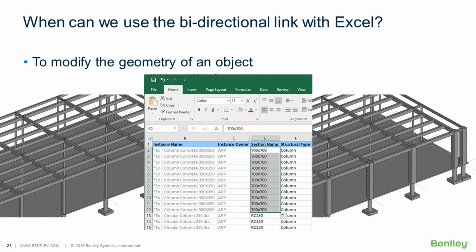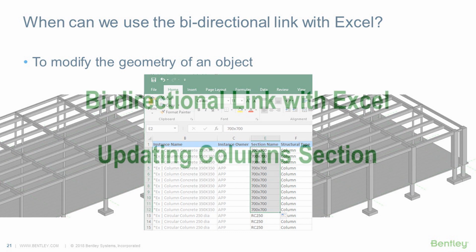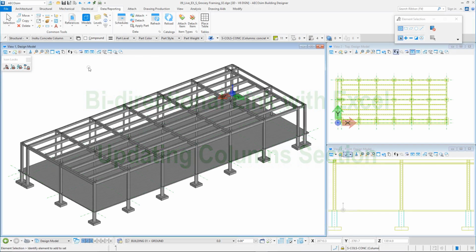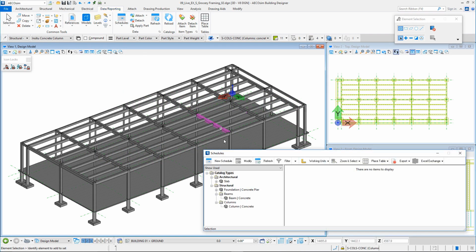We can use the bidirectional link between AECOsim Building Designer and Excel to update geometries and graphic objects. As we saw before, data such as width, height, section, and radius can be edited. For example, a column section can be updated with a bidirectional link between AECOsim Building Designer and Excel. In this video, we will see how easily a column section can be edited with a bidirectional link between AECOsim Building Designer and Excel. We open the Schedule Manager and use the Update in Excel command from the Excel Exchange